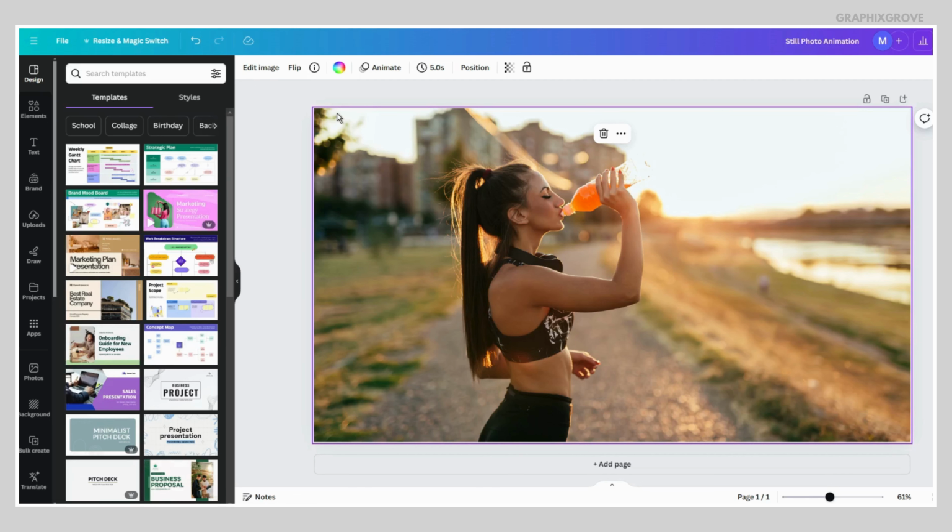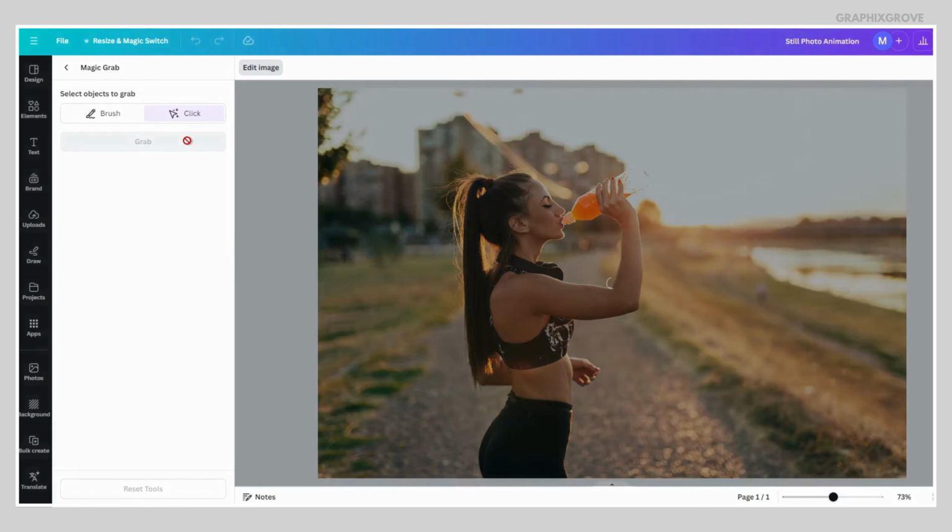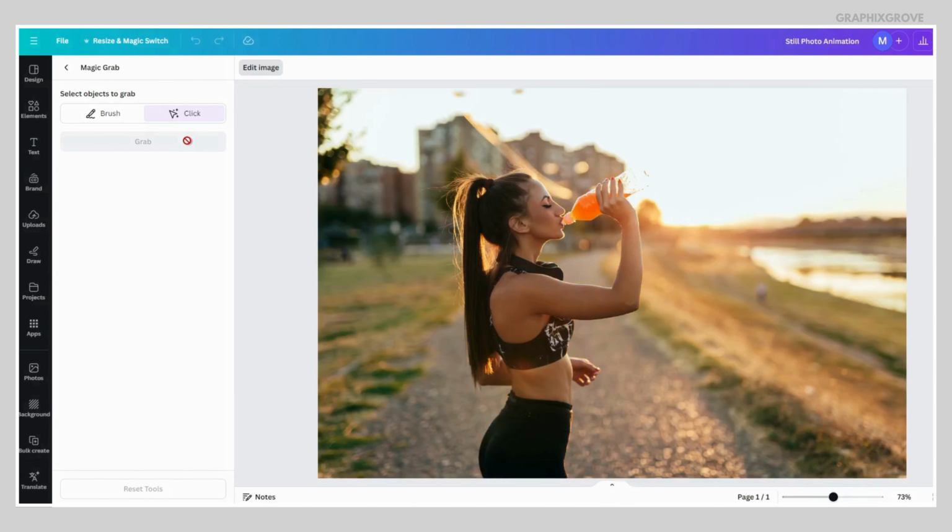Now, all I need to do is click on the photo, then go to the upper menu and select Edit Photo or Edit Image option. Here in the Magic Studio section, I need to find the Magic Grab feature, which is a paid feature, and click on it. Once done, the AI will detect the main object in the photo and offer you two options,